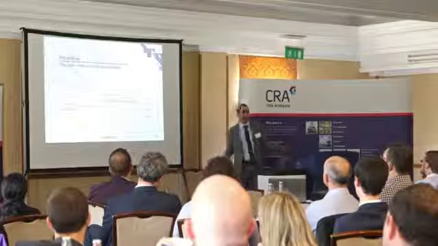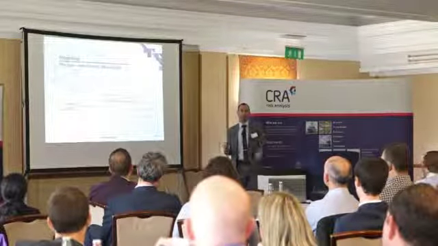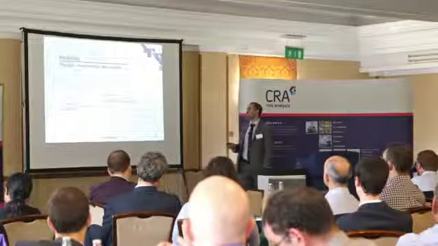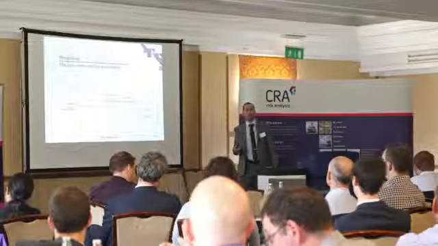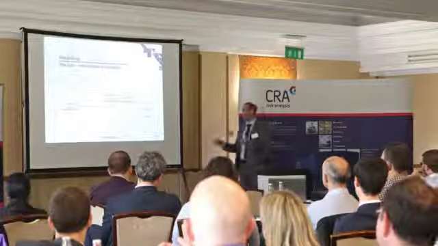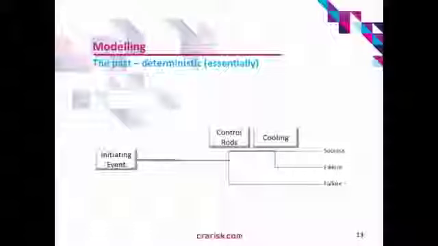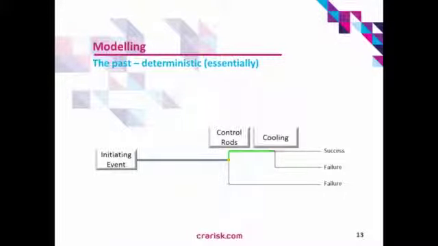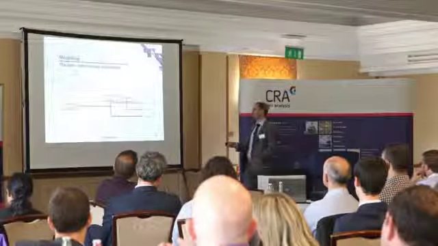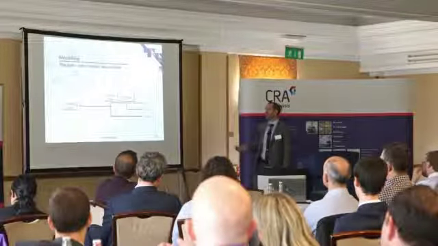So how do we model these things? In the past, and currently for certain reactors, it's been essentially deterministic. So I think from Ola's earlier question, there are lots of PSA people in the room, so I won't have to explain the inventory too much. General convention is when you get to a node, up is good, down is bad. And this is very, very simple in terms of control rods and cooling. Obviously, in real life, it's more complicated. But generally, that's how we analyse all faults.